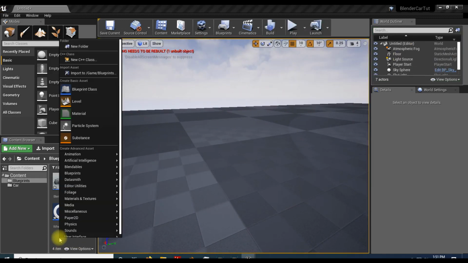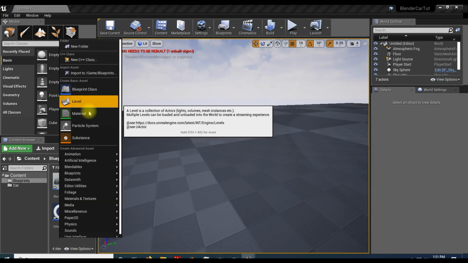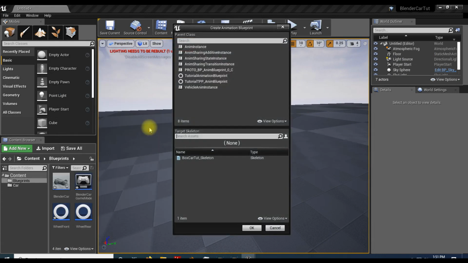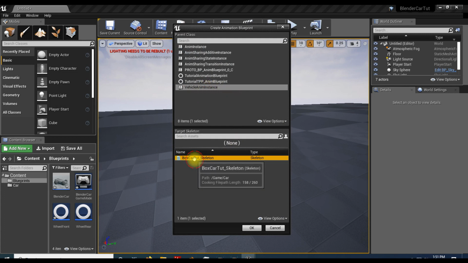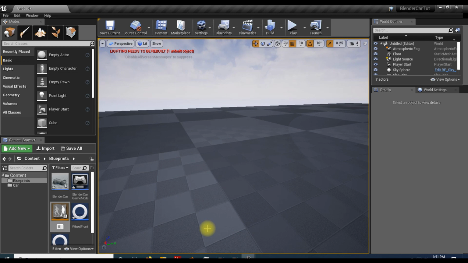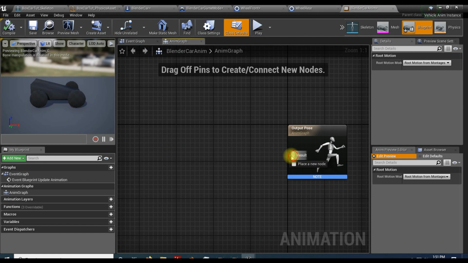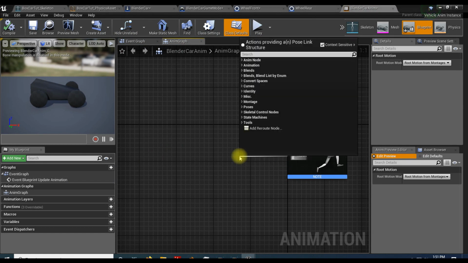Let's create an animation blueprint. So right click, animation blueprint. Choose our vehicle animation instance, and then our car body, or our car skeleton. Hit OK. I'll call this Blender car animation. Open that up. Let's see, off of that, what do I want? I want a wheel handler. So wheel,